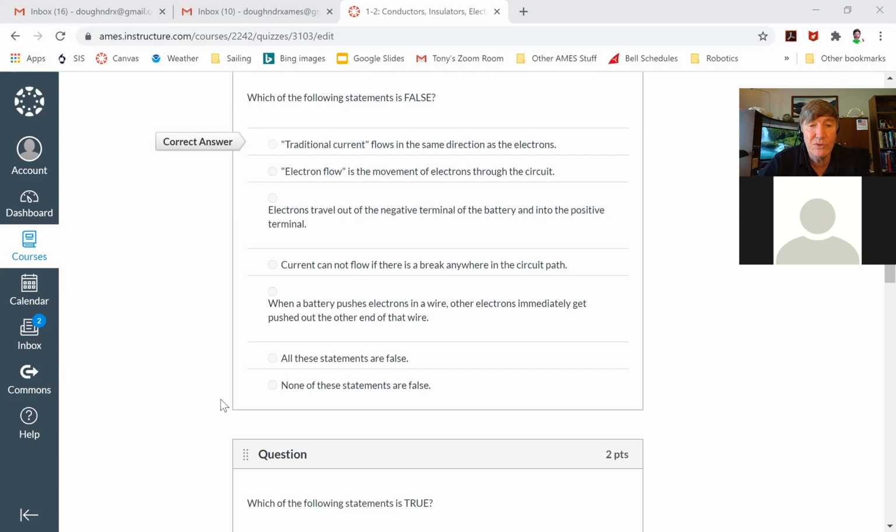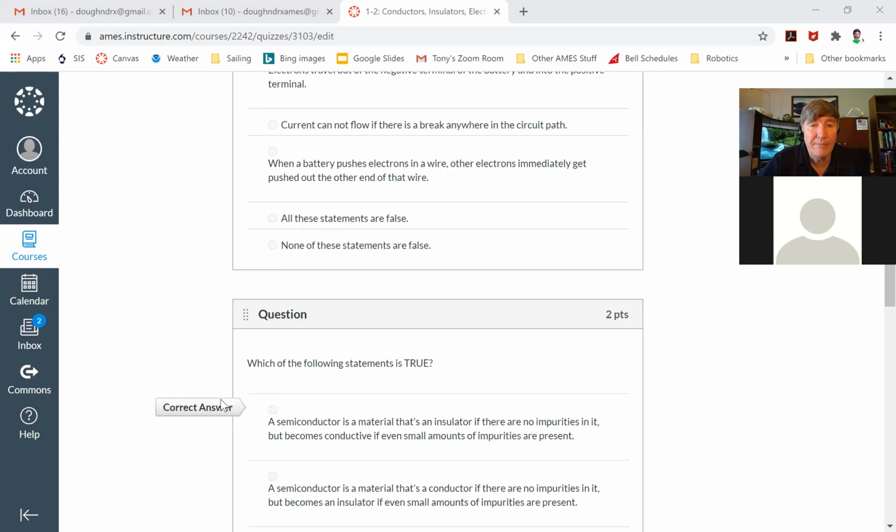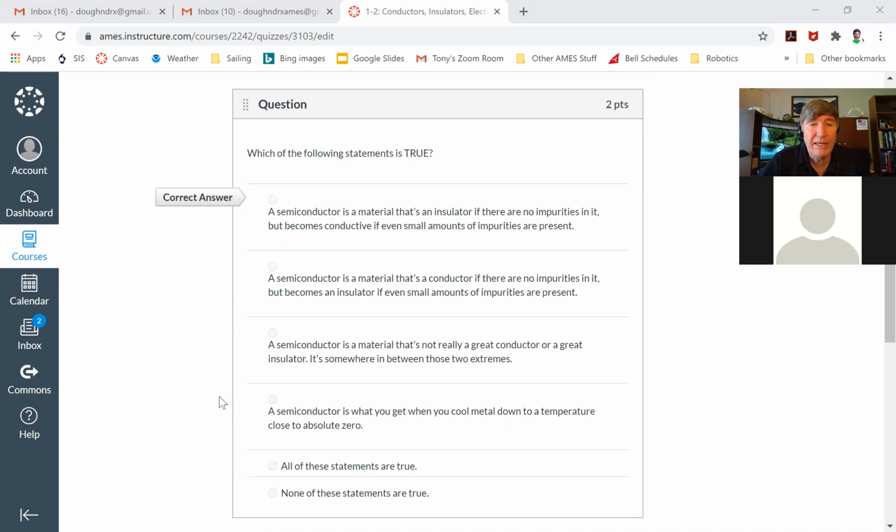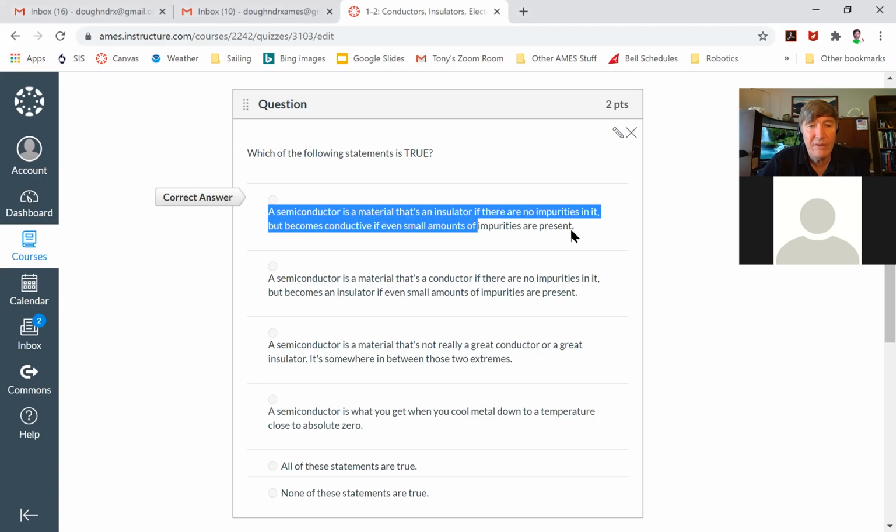Every single one of these is true. Now we have a bunch of statements, and you're supposed to identify the one that's true. Most of them are false. The one that's true is this one: a semiconductor is a material that, when it's absolutely positively totally pure, is a really good insulator. And if you get any impurities at all, even just part-per-million level impurities, then it becomes a pretty good conductor. Some of you might say, wait a minute, just a few minutes ago